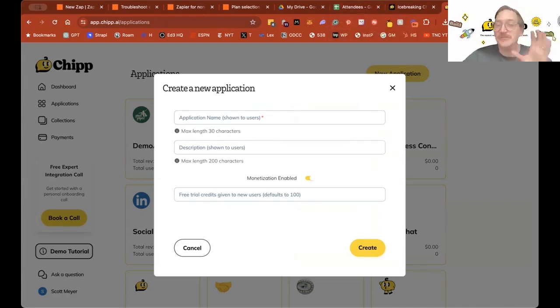So whatever it is you think, you can just name your application that. Everything can change later on. I'm going to just do one called volunteer agenda, and this is going to be creating an agenda for volunteers on a weekly basis. I'll give you just about 10 seconds to think about that.